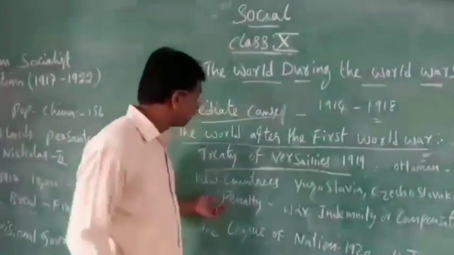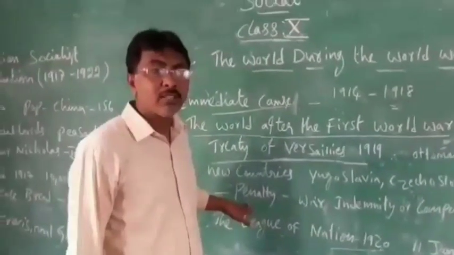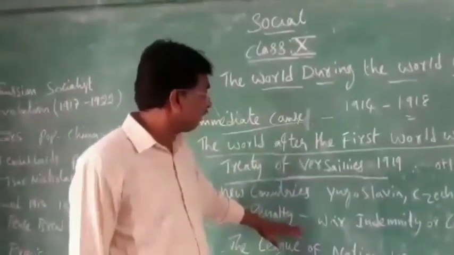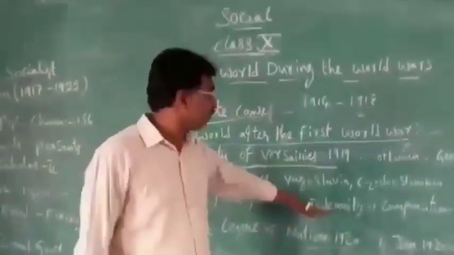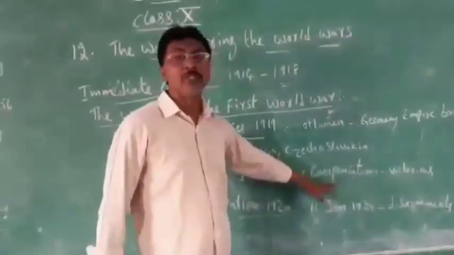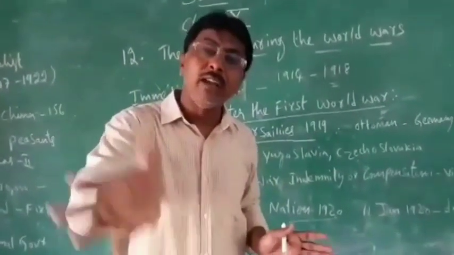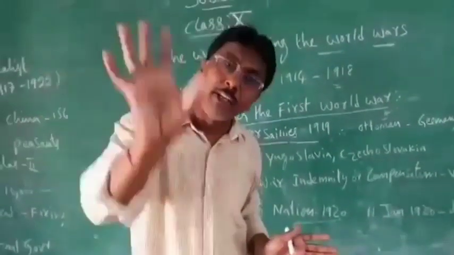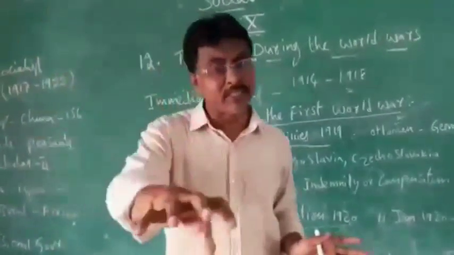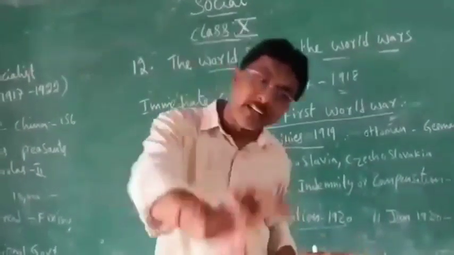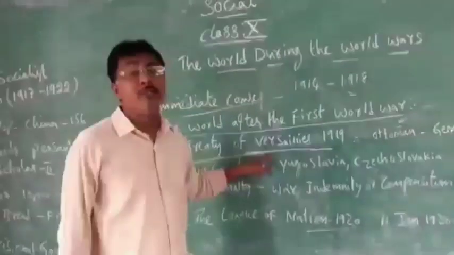And what is the punishment? Penalty, war loss, how much loss happened in the war. Penalty you should pay. Indemnity means how much expenditure was incurred that you should pay. And compensation also. In total, on Germany they imposed a penalty and compensation, war indemnity you should pay, and some territories, when Germany occupied some places of France and others, those territories were also taken. Like that they gave the punishment. That is the Treaty of Versailles.